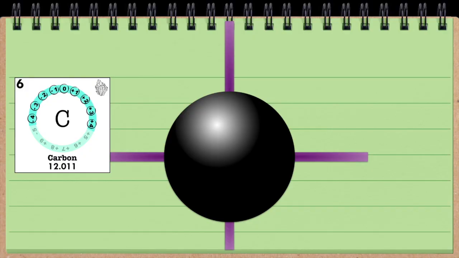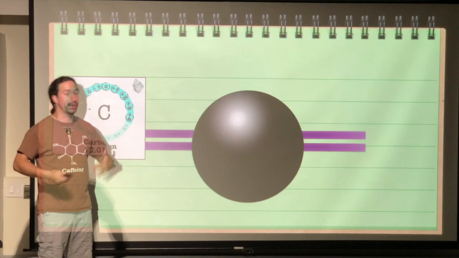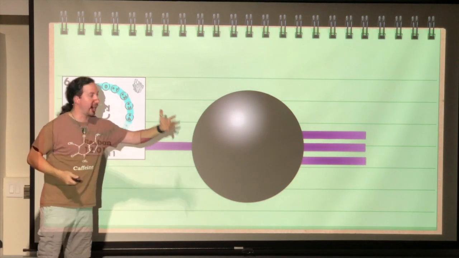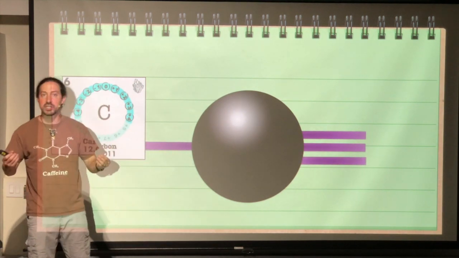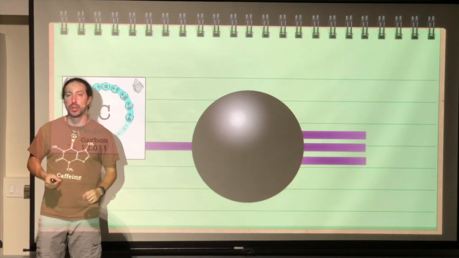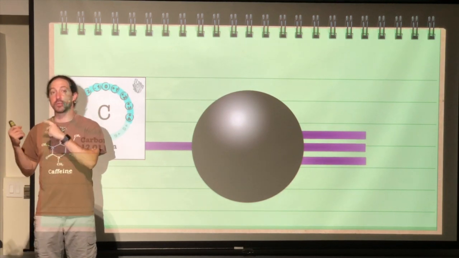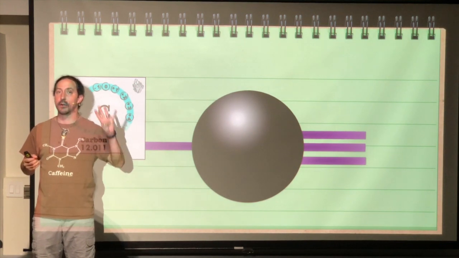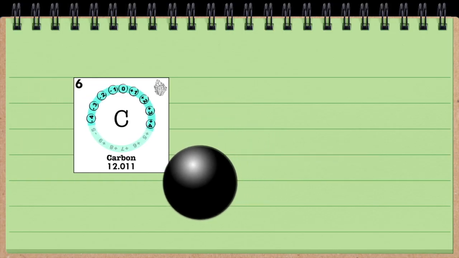It can make, like we have here, 4 single bonds, or it could make 1 double bond and 2 single bonds, or it could make 2 double bonds. Or carbon can even make 1 single bond and 1 triple bond, noticing that carbon will make 4 bonds. So hydrogen always makes 1 bond, carbon will make 4. Moving on,